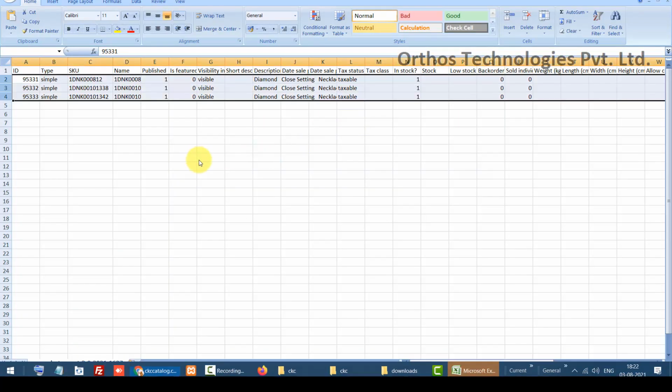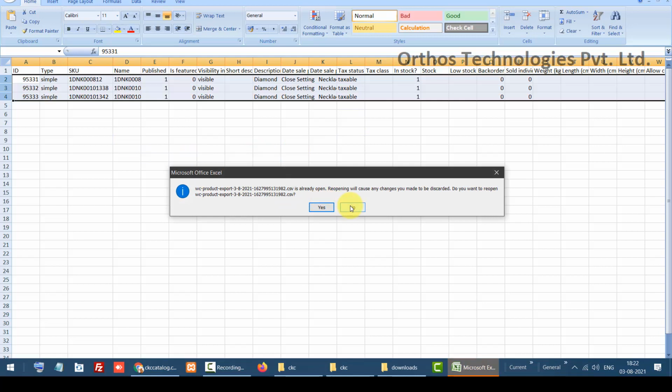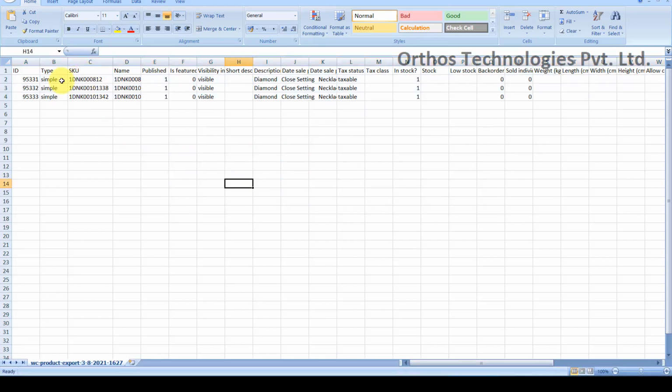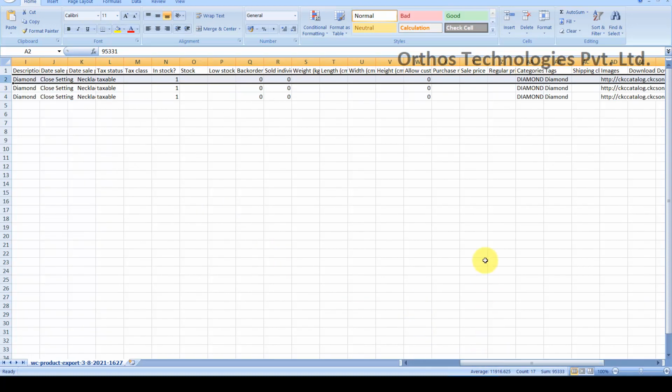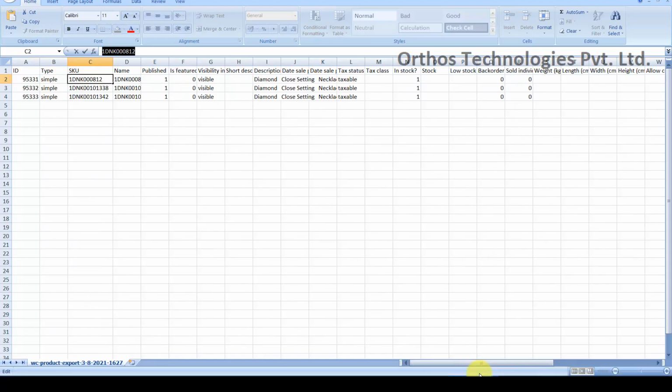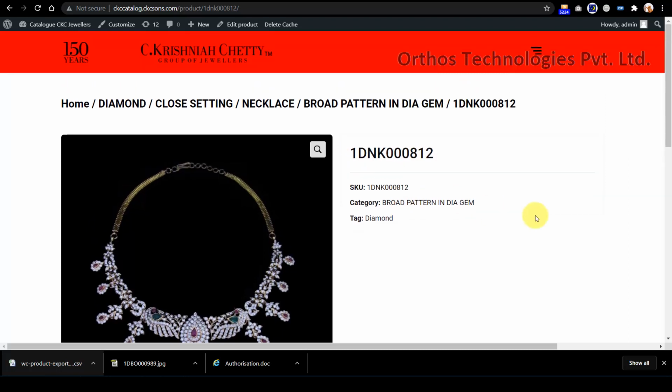What we'll do now is create a single dummy product by duplicating this and create a new product and then upload it through the import process. Now in this product we'll take this particular first product and copy this SKU, and it has been searched here.